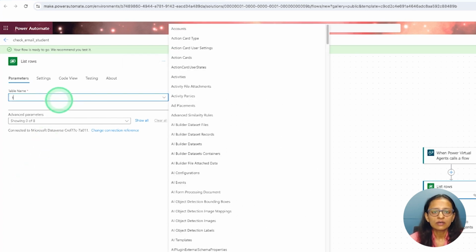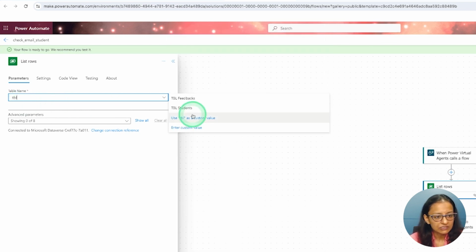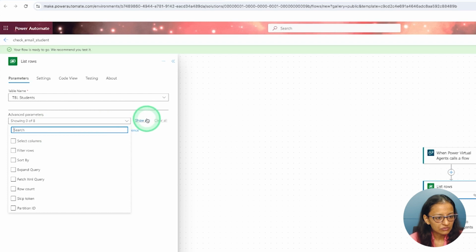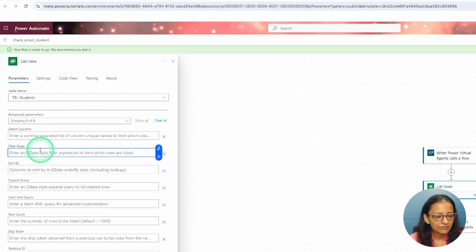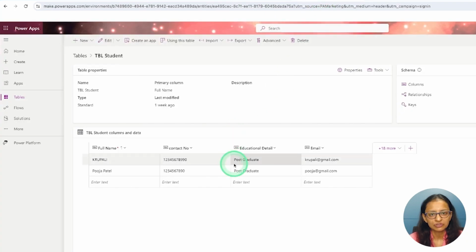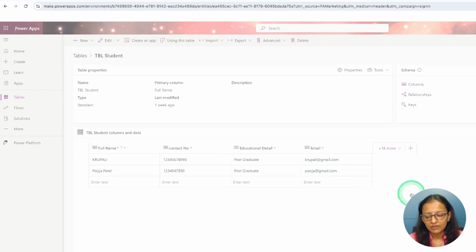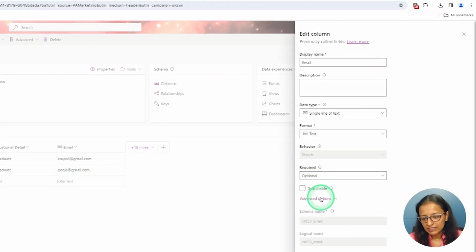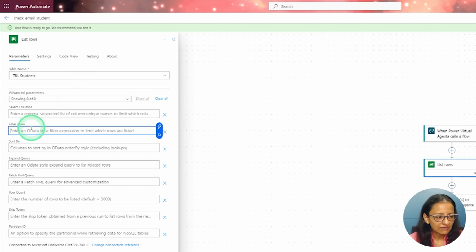So I need to write the name of the table, that is TBL student. Then I need to click on show all, and in filter I need to write a column name in which I want to check the email ID which I passed. So what column name should I write? This column name I cannot write in code, so I need to click on that and click on edit column. So in the filter row section, I need to select that logical name of the table, copy that and go to that, and in the filter row section I need to paste this name